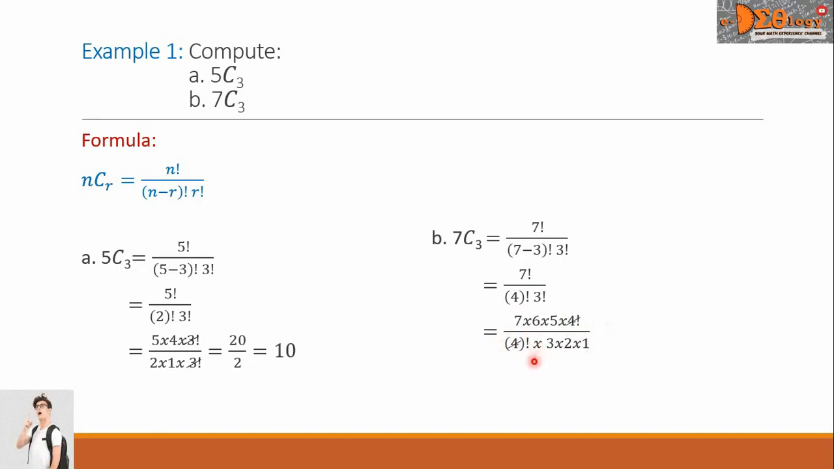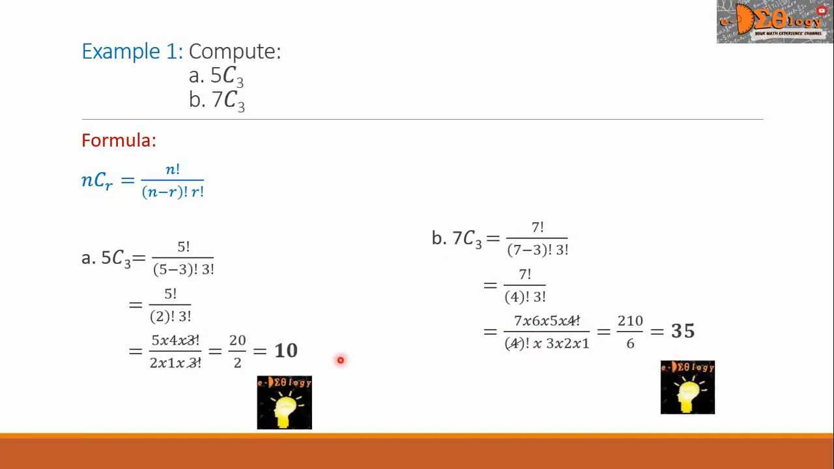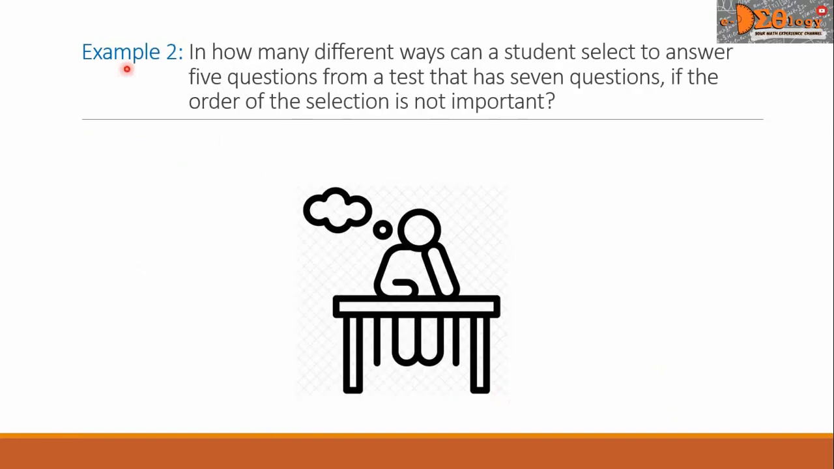And then simplifying further, the numerator gives us 210 over the denominator, which is 6. So 210 over 6 equals 35. This is the combination of 7 items taken 3 at a time. These are the final answers. Let us see